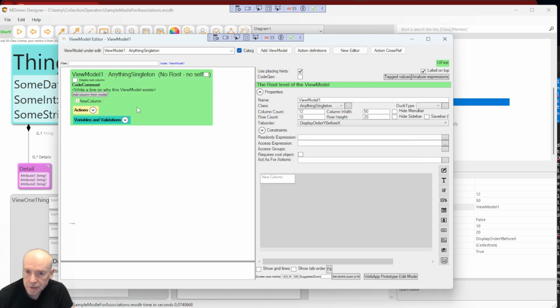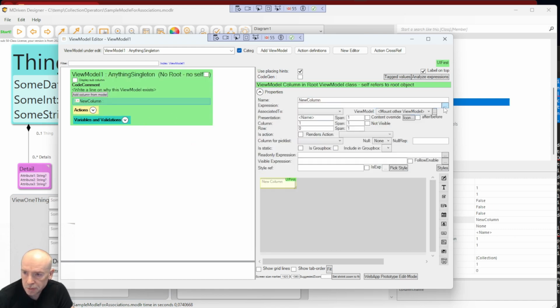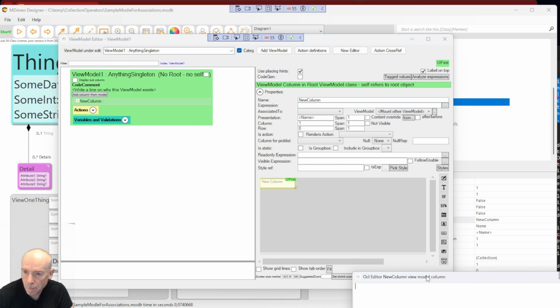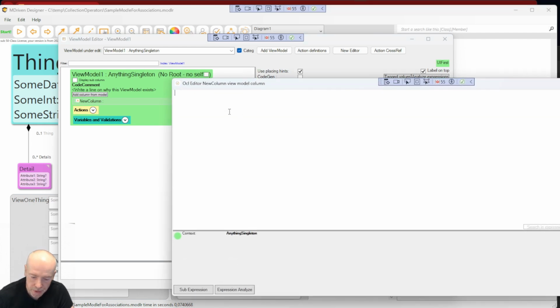I'm going to add a generic column and write an expression to get hold of my singleton object. So anything singleton, that's just the class name, and then there's an operator,